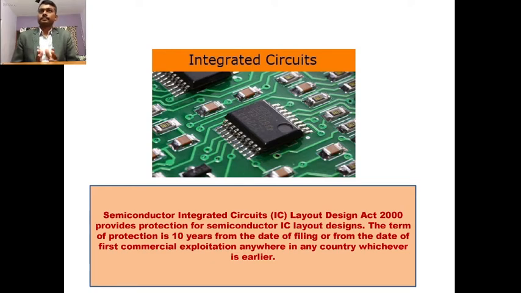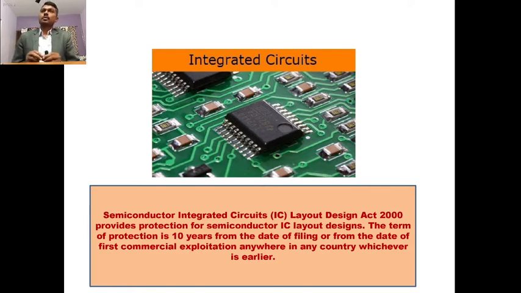Now an integrated circuit, as you can see in this diagram, basically consists of a transistor, other circuitry elements, and certain wires which are connected with each other and embedded on the semiconductor board in a particular fixed pattern, so that the transistor, the other circuitry elements and the wires are integrated in such a way that together they carry out a particular electronic function, which results in the actual functioning of that machine, instrument or electronic apparatus.